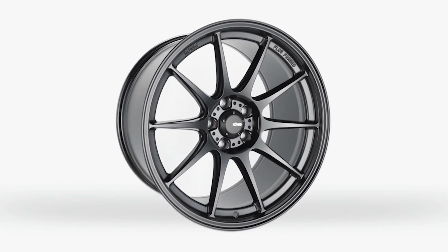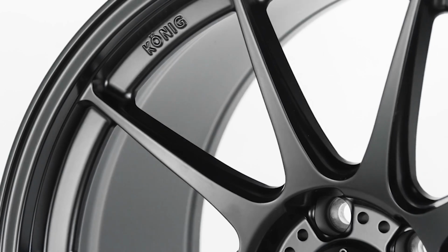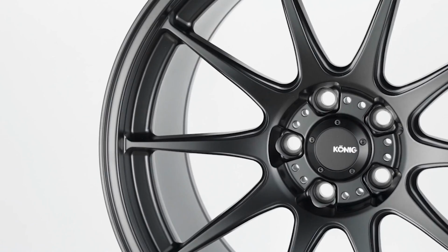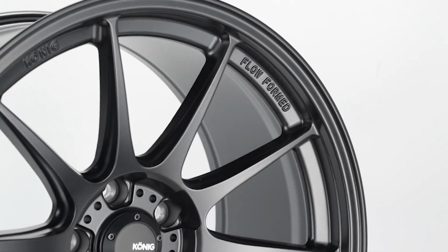Now Koenig is coming back with a bunch of new designs. If you guys haven't seen yet, Koenig actually has some pretty cool stuff out there. The decagram is definitely one that I think is a really good looking wheel. A lot of people like the Ultraforms or the Hypergram. I'm a fan of the decagram, and the reason that I say that is just because it is a less